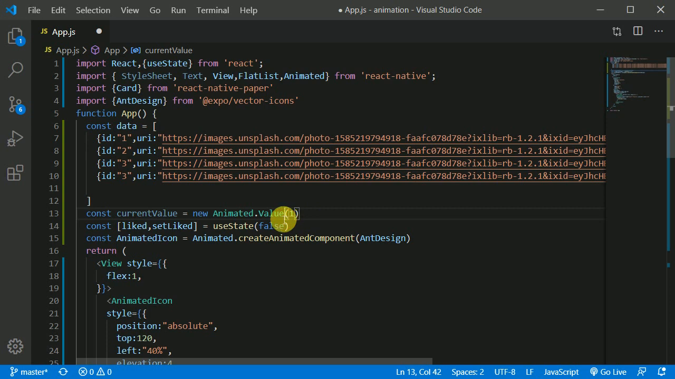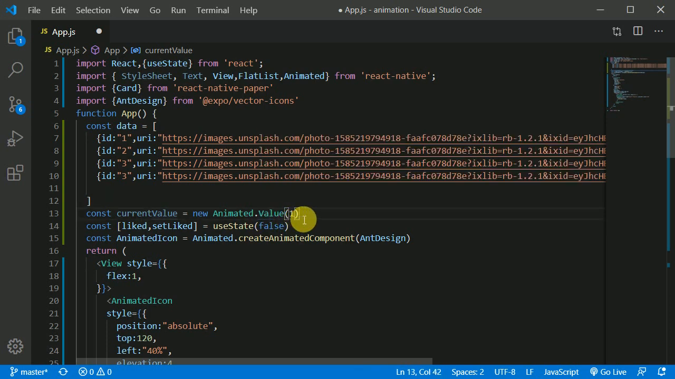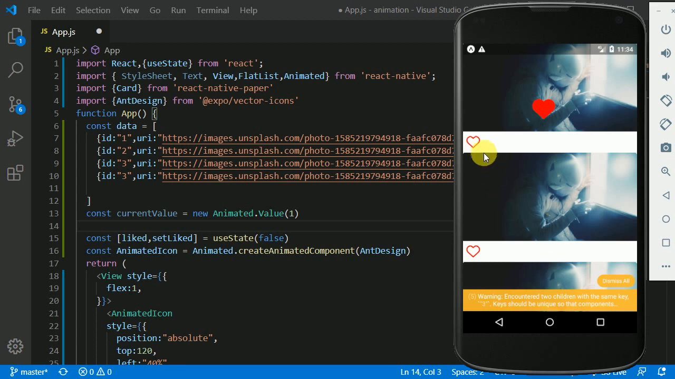Now here you can see I'm using just Value, not ValueXY, because I don't want to use two dimensions. I just want to stick to this one dimension. That is why I'm using just the value. Okay, and now what I will do is, when the user presses on this button, I want